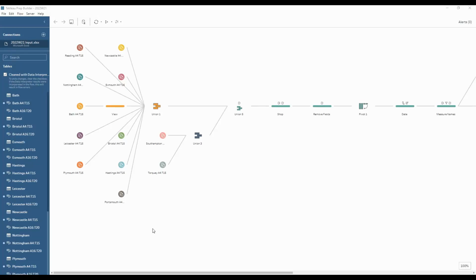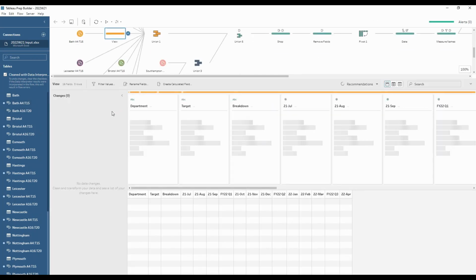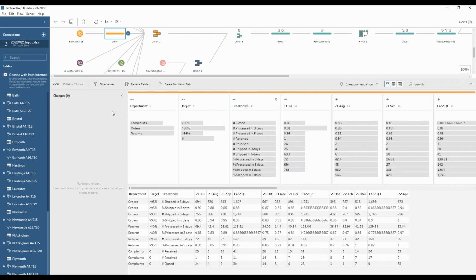For this week's Preppin' Data, we were working with lots of sheets in the same Excel workbook, and in each of those sheets there were different tables, in fact. So if we take a look, once we've cleaned our input with the data interpreter, we see that we've got a store name and then two different tables on that Excel worksheet. The top table, the one that we're interested in, relates to our key metrics, whereas